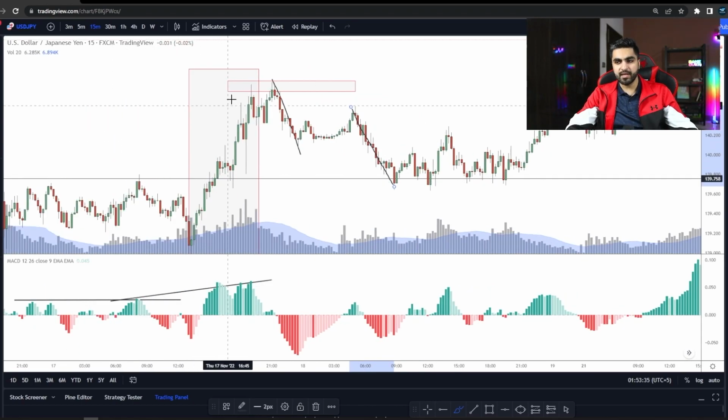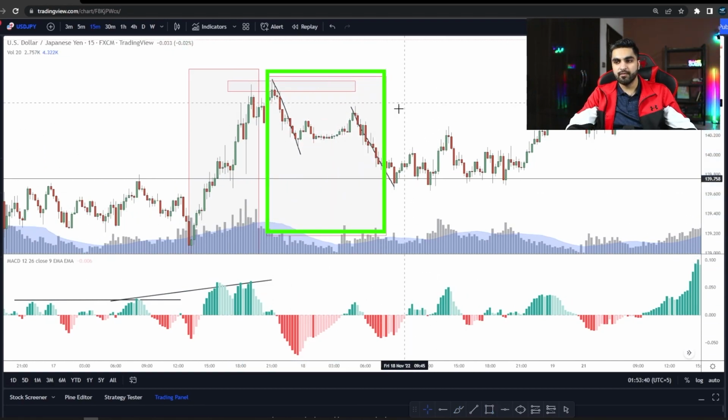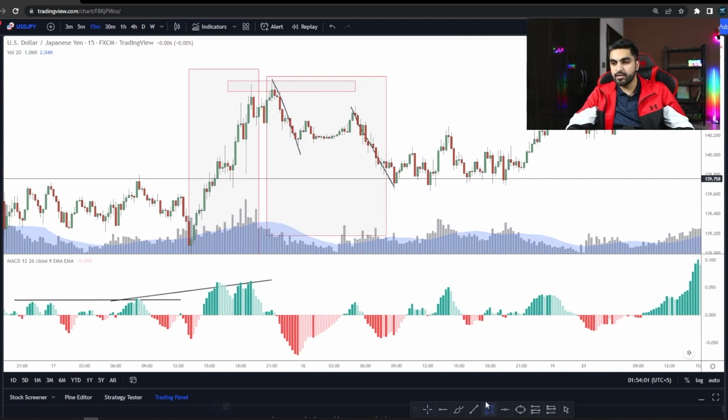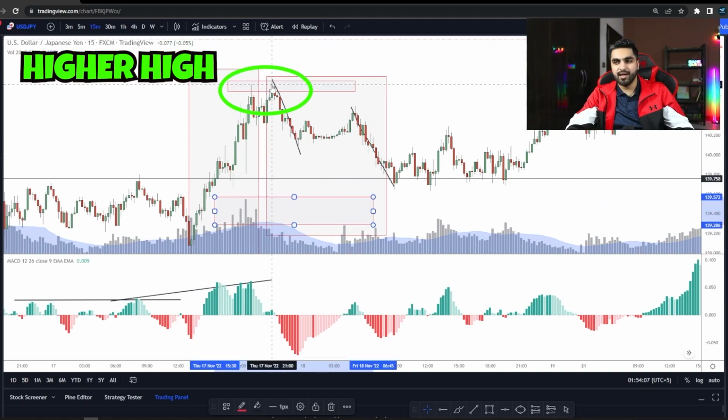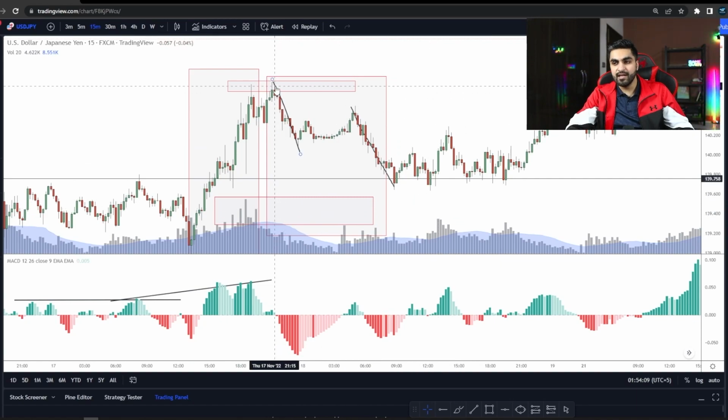Now while we are making a pullback, we also need to have a look at the volume indicator, and the volume needs to be lower, not only lower than the moving average of the volume, but also lower than the volume of the recent buyers' movement that created a higher high. So we can see definitely sellers' volume is not strong, it is very low,